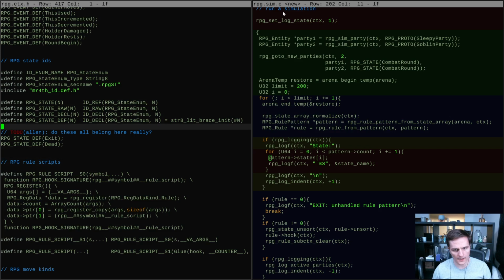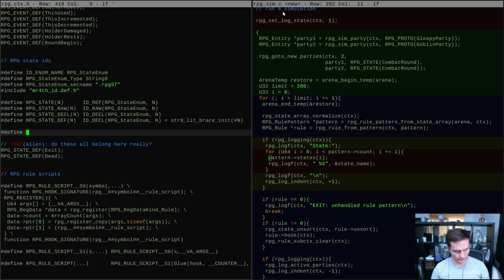Somehow I have to get this can be RPG state enum.bias, which is the wrong name, casted to a string 8 pointer from int string 8